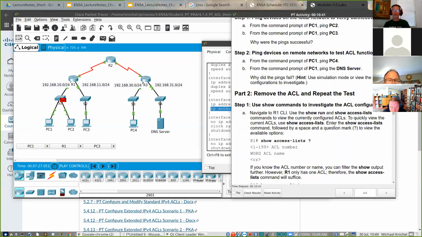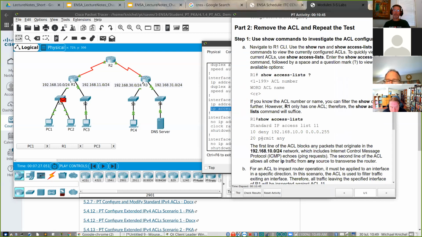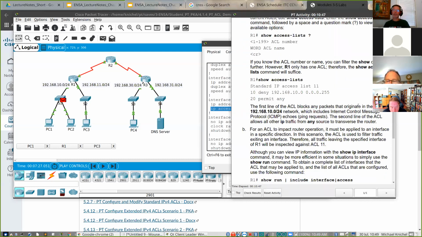So we're going to look at stuff. They want us to possibly alter it. So the first line originated in the 10 network and generates a message, right? Because this router is filtering, it's going to generate a return destination host unreachable. That's an ICMP message.